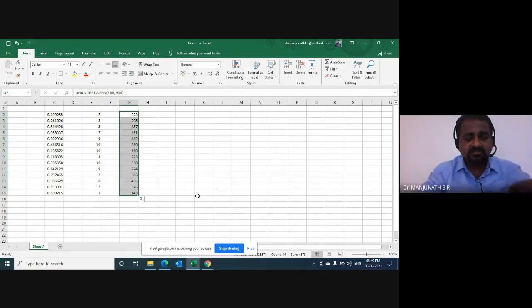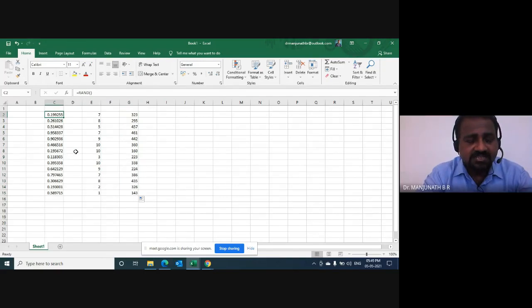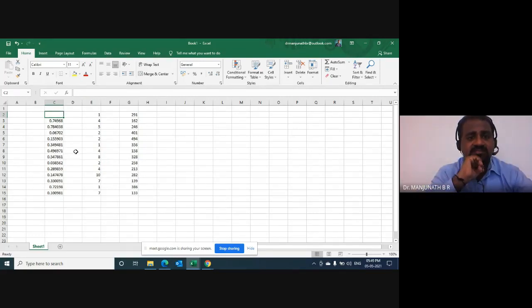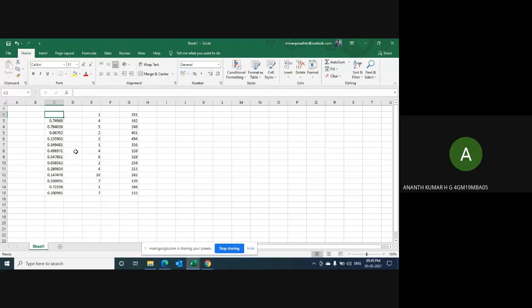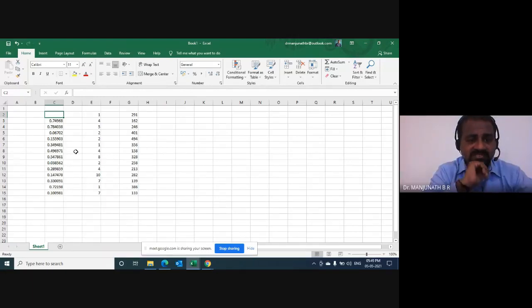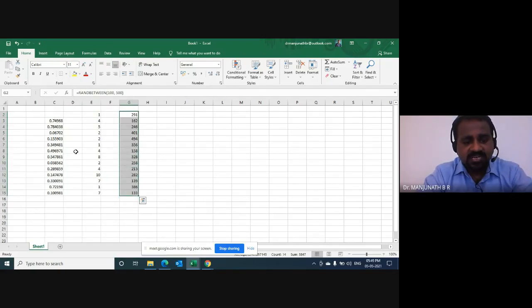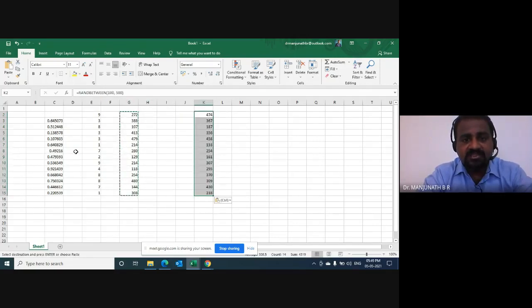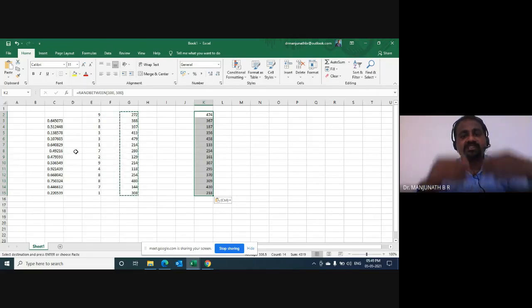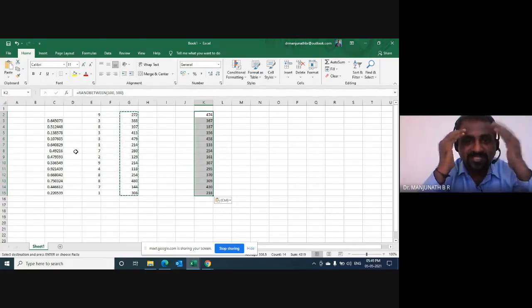You please notice something here. If I delete a number here, 0.199255, the other number is also getting changed, correct? Yes, sir. This should not be the case. Now let's say if we want these random numbers, I'll select the complete range. I'll do Control C and then I will paste it here by using Control V. And when you copy and then paste, it is showing a different number, not the number which you copied.